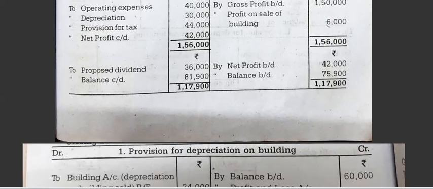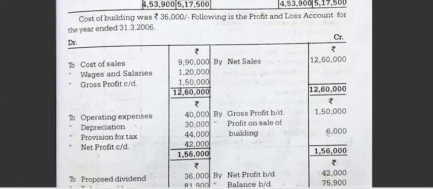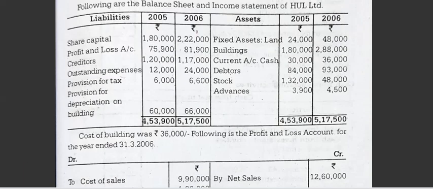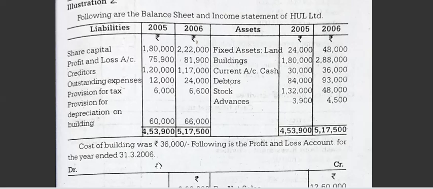Now what we have to do is, before preparing the statement, we have to prepare the working notes. Now what are the working notes to be prepared? One of the buildings is sold, so we have to open the building account. There is a related depreciation, so we have to open first a depreciation account, then the building account. Then tax paid and provision are there, so we have to open the provision for tax account.